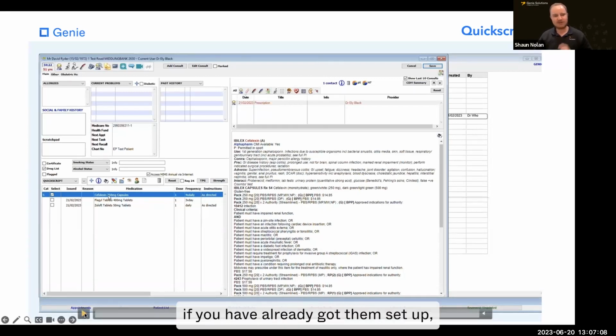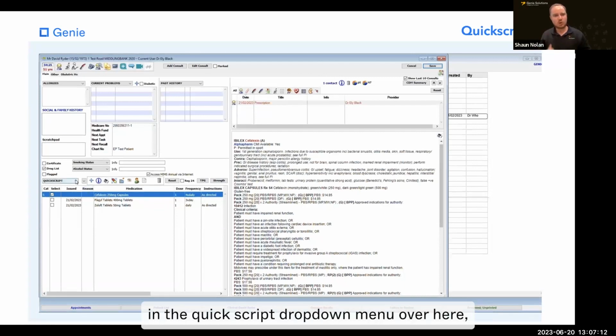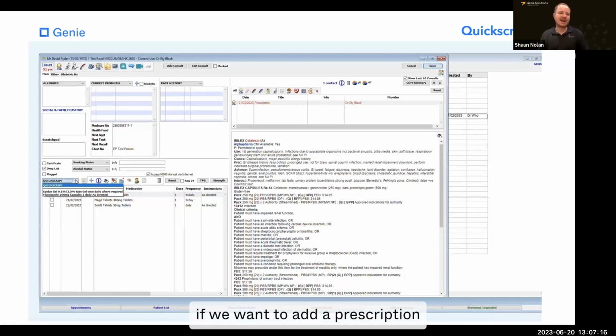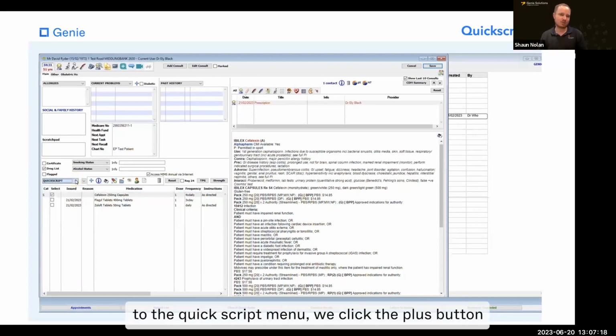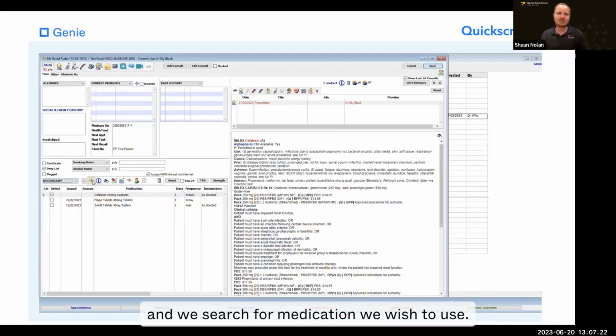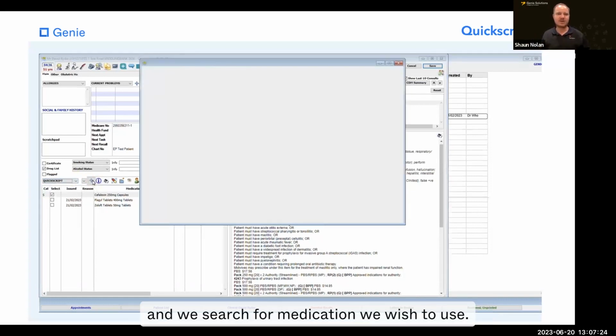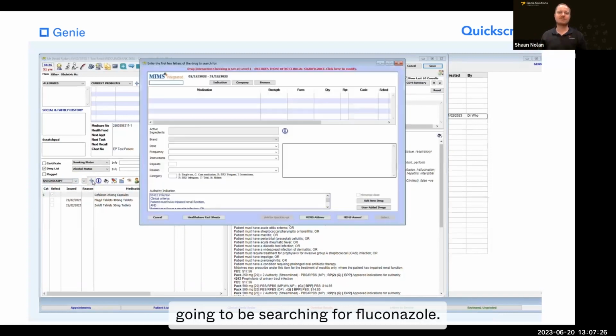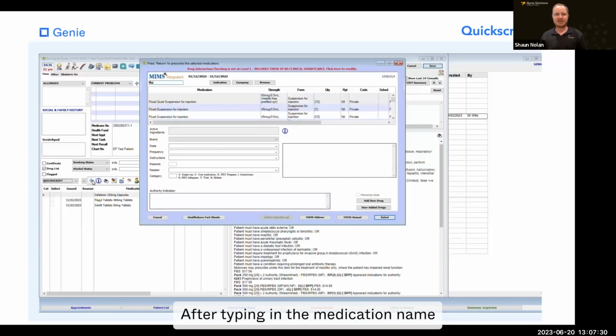So quick scripts, if you have already got them set up, they're available in the prescribing area in the quick script drop-down menu over here. If we want to add a quick prescription to the quick script menu, we click the plus button and we search for the medication we wish to use. So for instance, I'm going to be searching for fluconazole. After typing in the medication name,